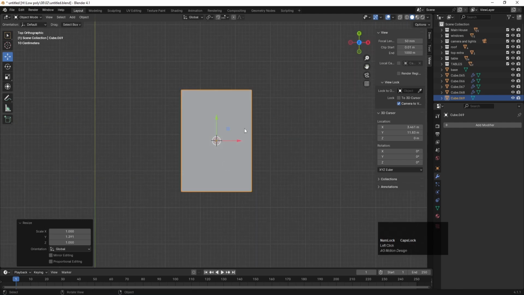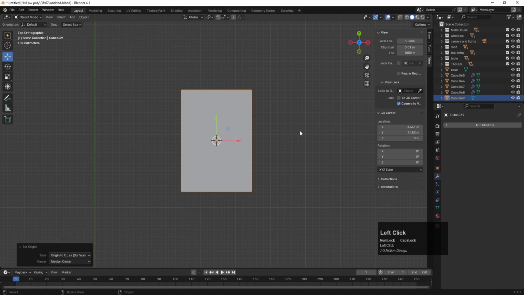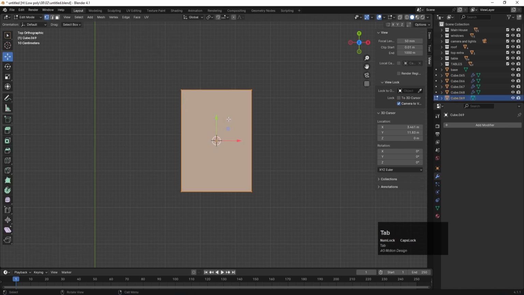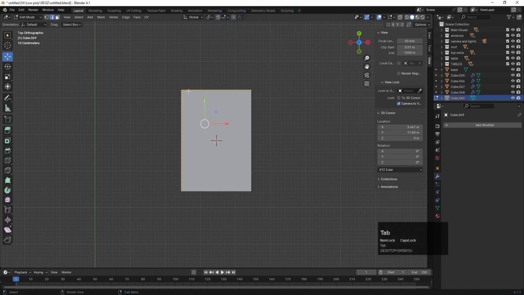Okay, then we will select this, go to the object, set origin, and set origin to center of mass like this. Then select this, Tab, press 2, let's select this and this, but before that let's select this, hit Control A and choose scale, otherwise it will mess up. Then select